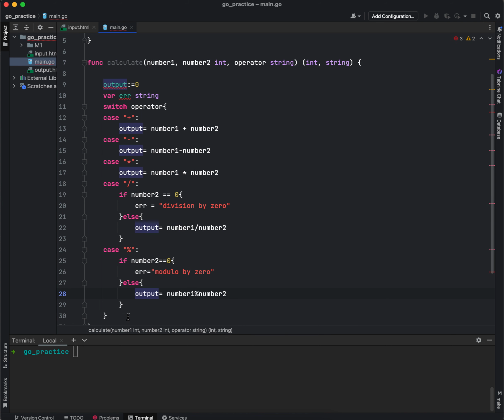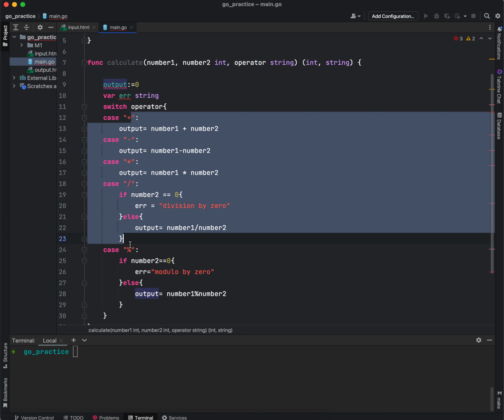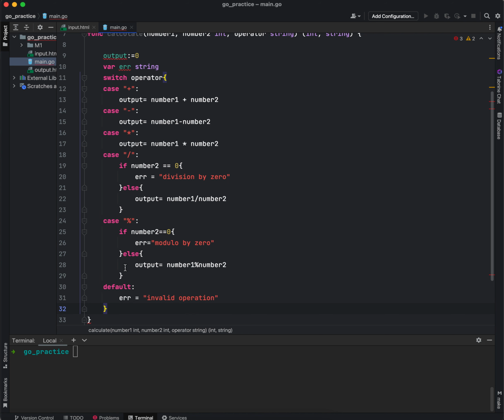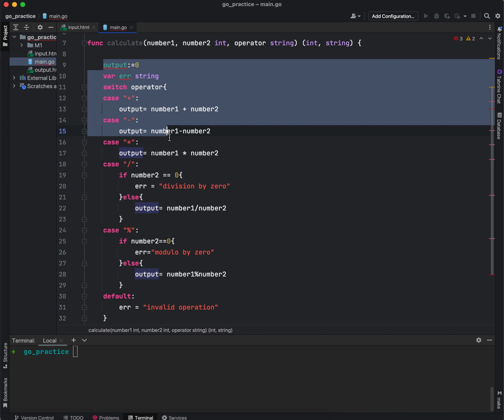Okay, so as you can see, all of my operations are done right now, but since it's a switch case operation, we can finish it by saying that if it's default, if it's not one of them, it's an invalid operation, because we don't want scope to go down. And so all of our function